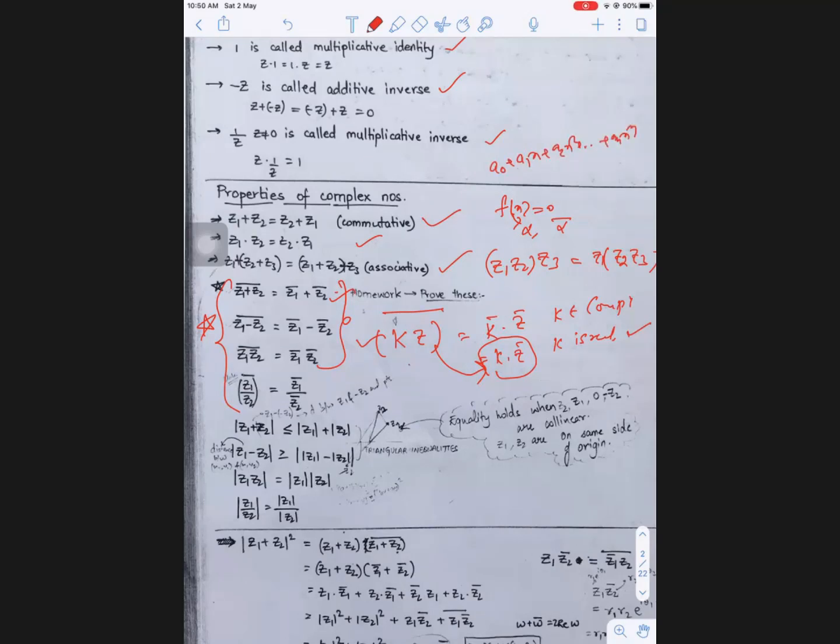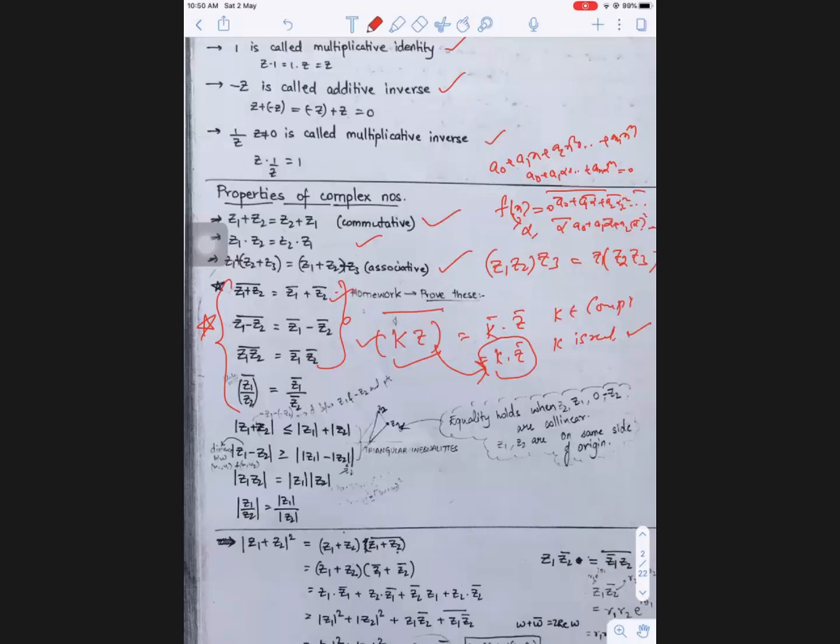So here, this is our polynomial. It is satisfied by alpha, so if you substitute it, you will get a0 plus a1 alpha plus so on, up to an alpha^n equal to 0. Now after that, take the bar on both sides, meaning conjugate both sides. Then by using the first property, you get a0 bar plus a1 alpha bar plus a2 alpha square bar, like this. Next, by using the k z property separately, a0 bar is the same as a0 only, a1 alpha bar is the same as a1 into alpha bar, a2 into alpha bar square, like this you will get.